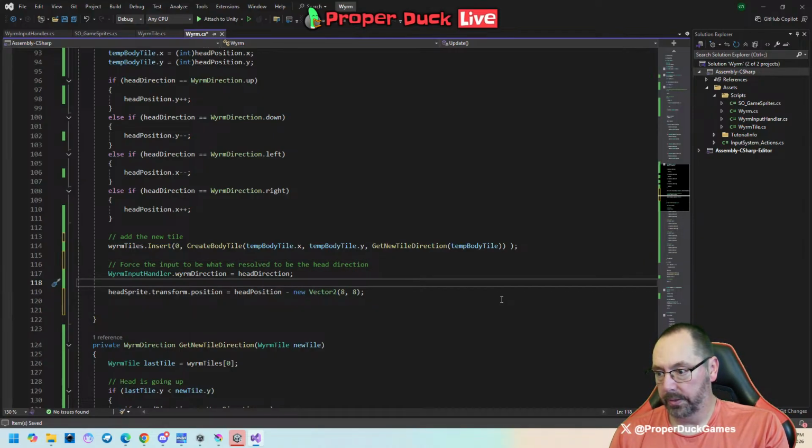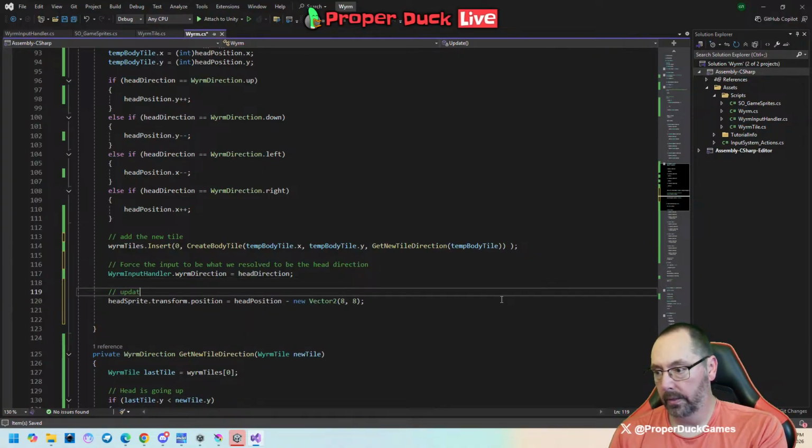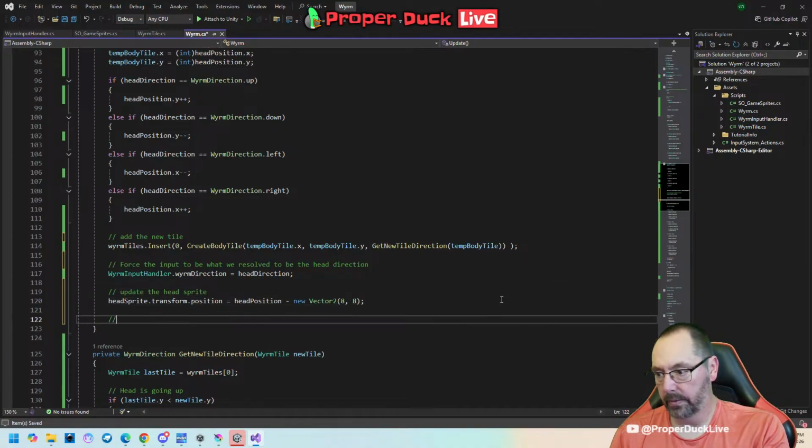This is update the head sprite, and then